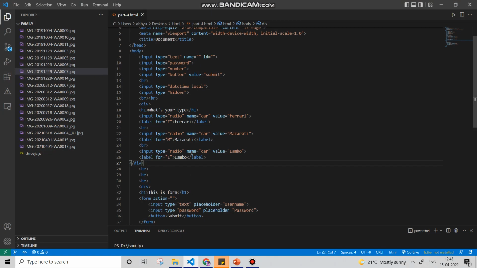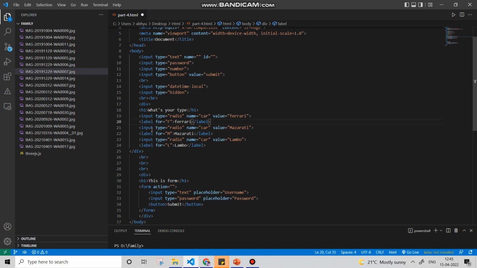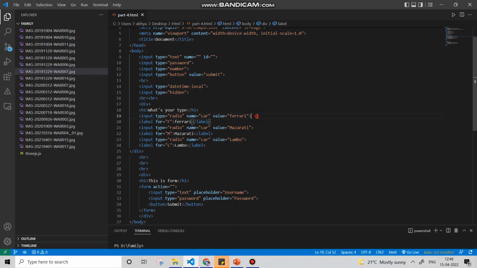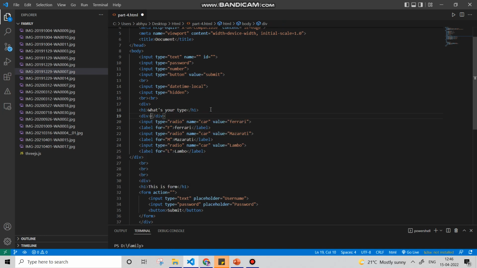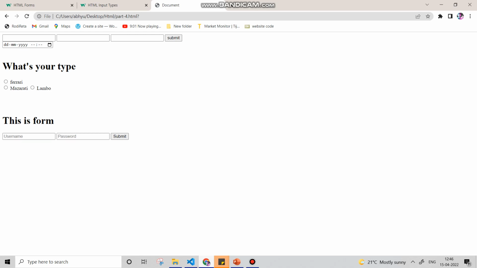Now, if I remove the BR tag here, and remove the BR tag from here too, and save this file, let's see what happens. You can see it's inline. No break, no anything. It is in one line. And if we put a div tag here, and copy it after it, and now save it and see, you can see that